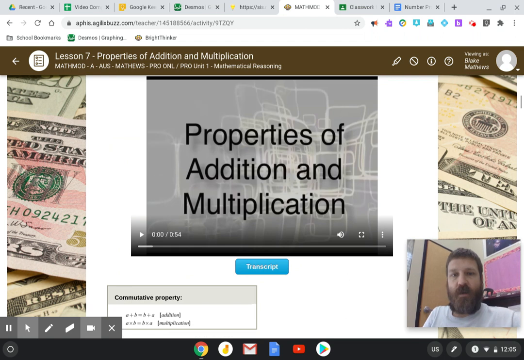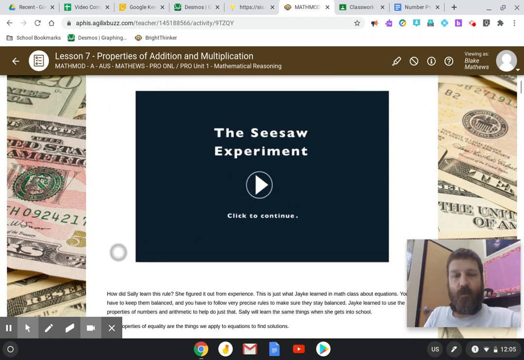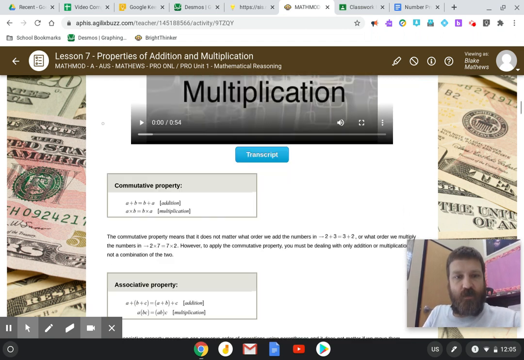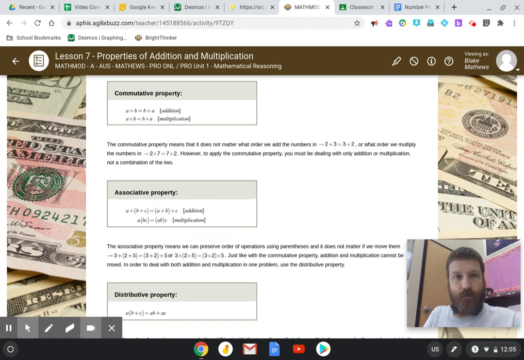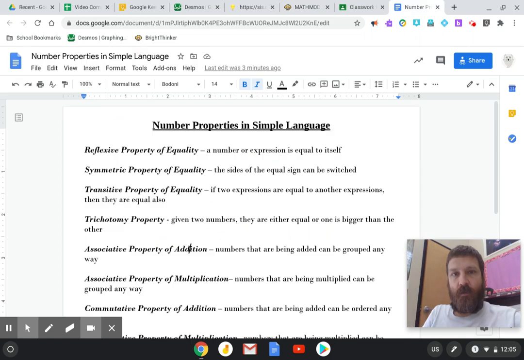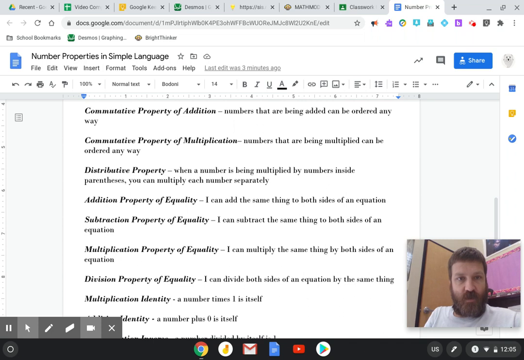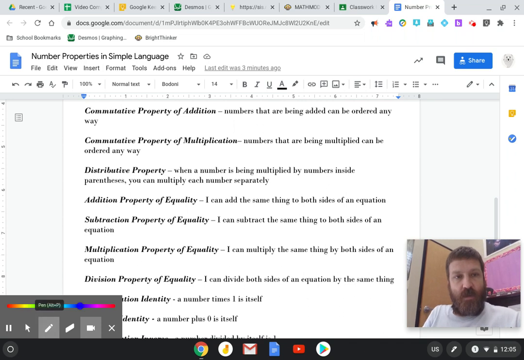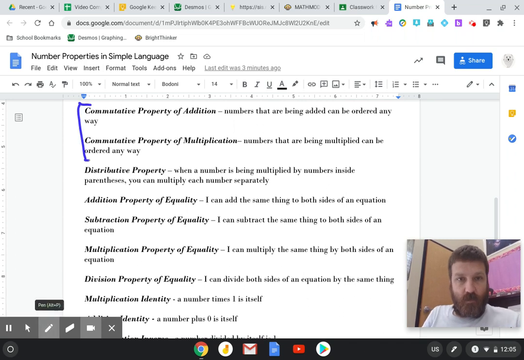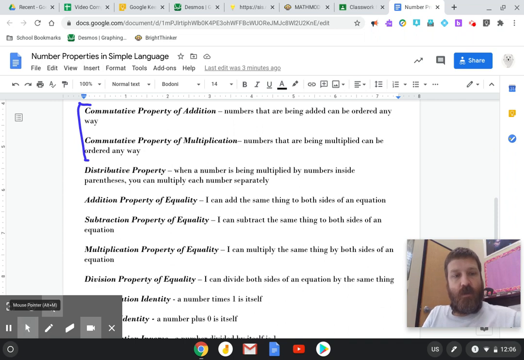So all of these are properties that apply to when you're doing addition and multiplication of numbers. So we'll talk through them piece by piece. So the commutative property. The commutative property says, and let's jump over to my little description here. Commutative property says that basically numbers being added together can be ordered in any way. In other words, if I were to add